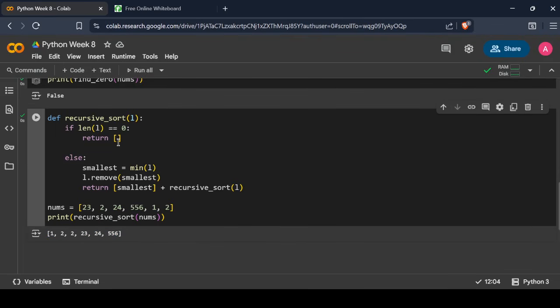So what is this basically doing here? First we check the base case, and what we are doing in these three lines is that we are first taking the minimum, the element with least value from the list L, and storing that into a variable called smallest, and we are removing that element from our list. Then we are returning a list with that smallest element in the first place, and then we are running the recursive sort function with the remaining elements of the list,